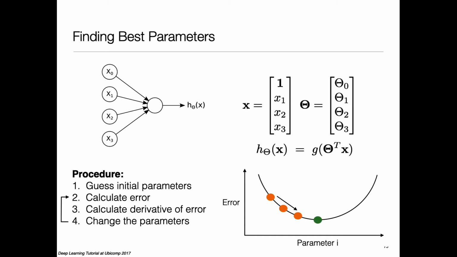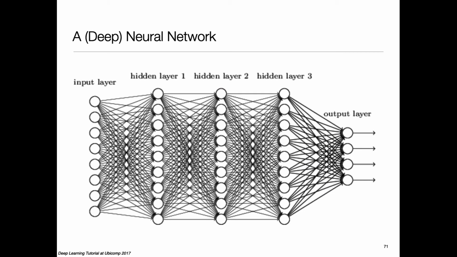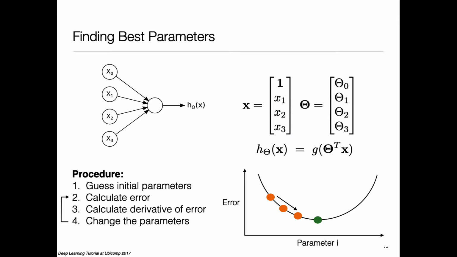So our problem then reduces to finding an architecture and finding parameters for that architecture. A simpler version of the problem is where you say, look, my architecture is fixed. By that I mean how many layers, how many neurons in each layer. That's fixed. And then our problem reduces to just finding the parameters for every neuron in every layer that we have. And very, very loosely speaking, the optimization strategy that's commonly used is what is called stochastic gradient descent.